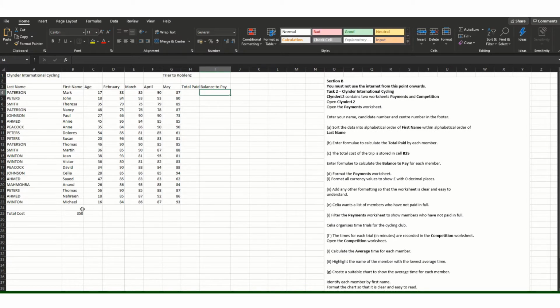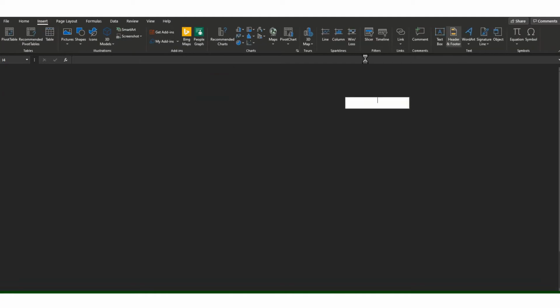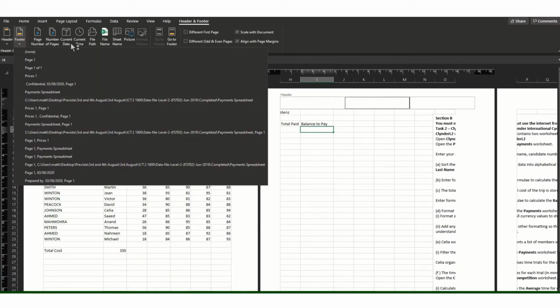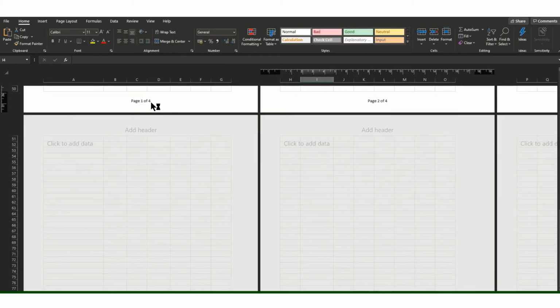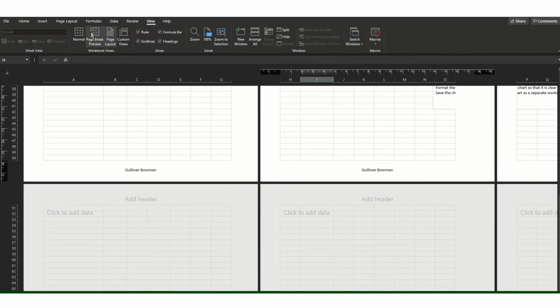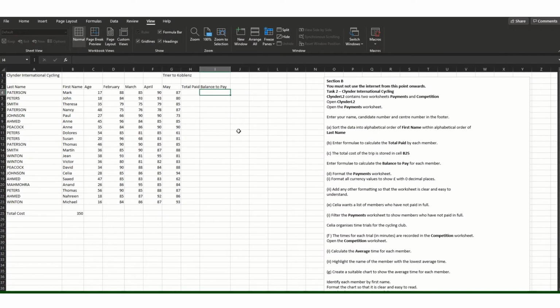First of all, let's put our footer in with our name in. Get that done, dusted and out of the way. There we go, there's the name. View, Normal, to get everything back to where we want. Okay. So,